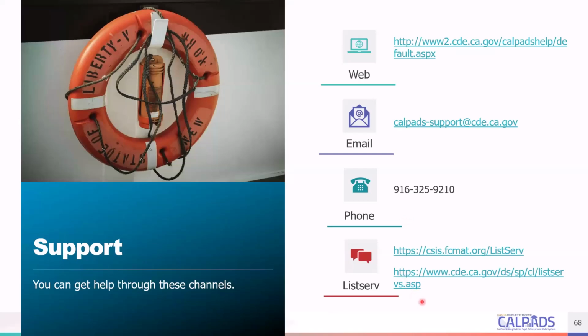And then, of course, we implore you to be part of the CCSA listserv as well as the different CalPADS listservs in California that the CDE has listed here that are appropriate to end of year one. The more you know, the better informed you are.